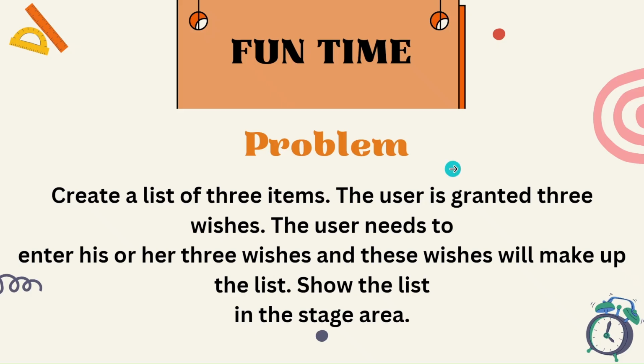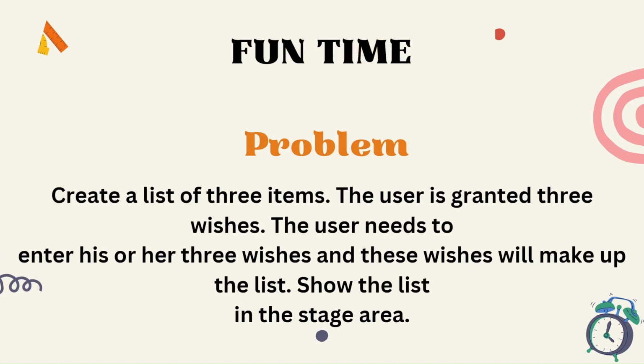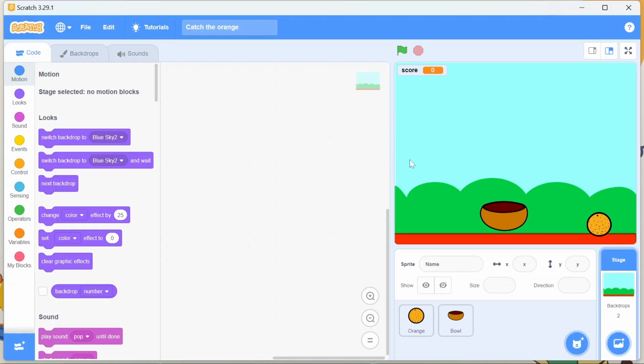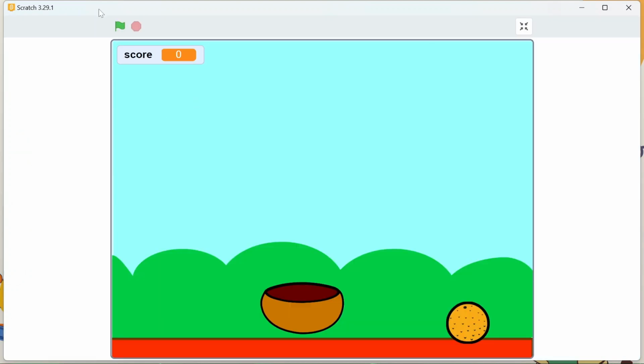Now, the next thing we are going to do. What do you think we can do? We have done all our blocks, right? We covered all the blocks. Just the last Make a Block is left that I'll also cover very soon. But today we are going to make a game. Yes. So any guesses which game we are going to make? Let me show you. Today we are going to make a game of catching the orange, right? So let's play this game first so that you can have an idea.